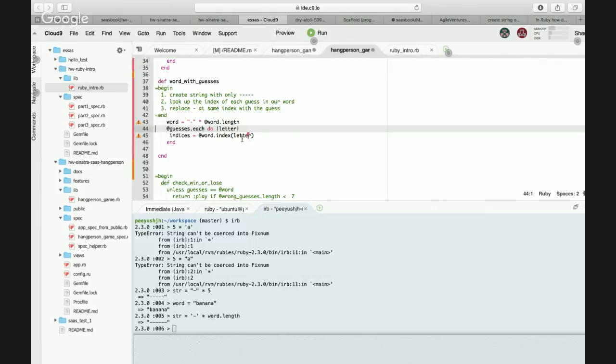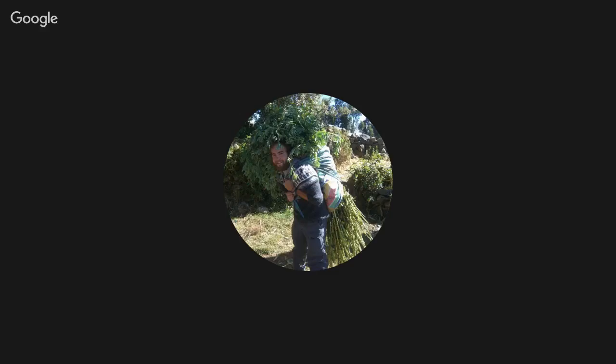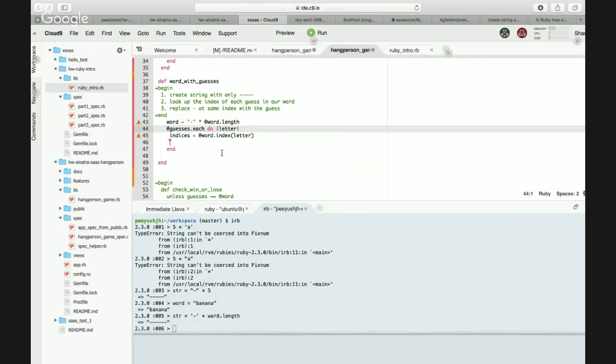Does my code make sense to you so far, or not really? It is. And now, for each of the indices.